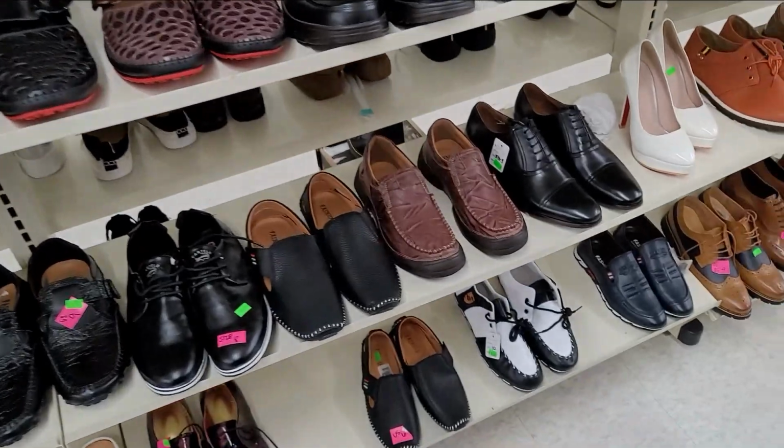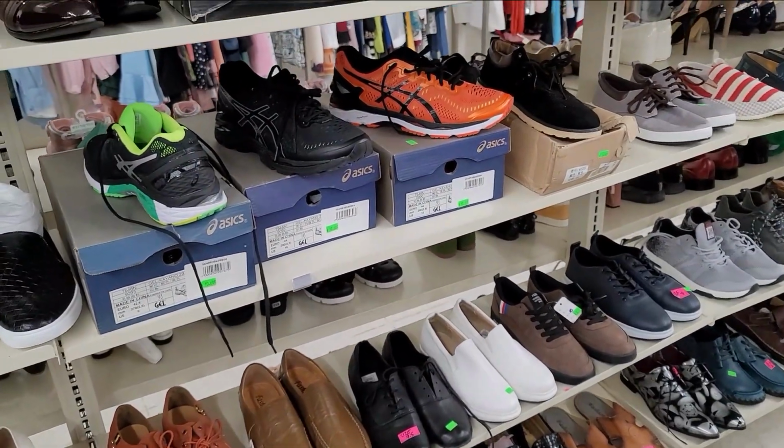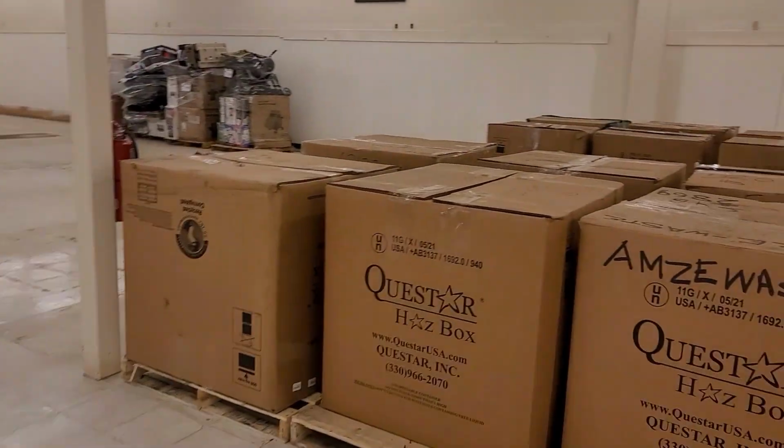All brand new, decent quality stuff. Like they got Asics. I mean, those are great shoes, 50% off too. You know, can't really beat it. All right, so we're back in the warehouse area of this place, and they've unloaded a lot